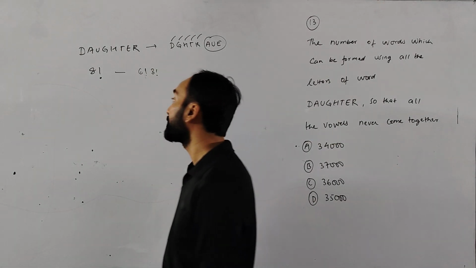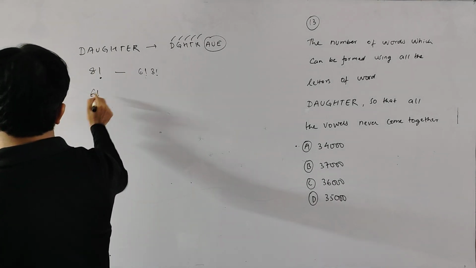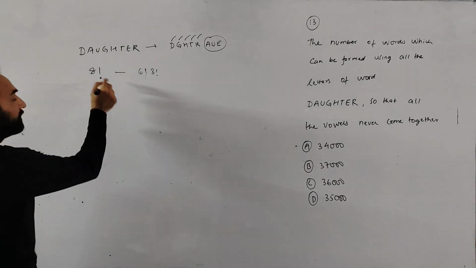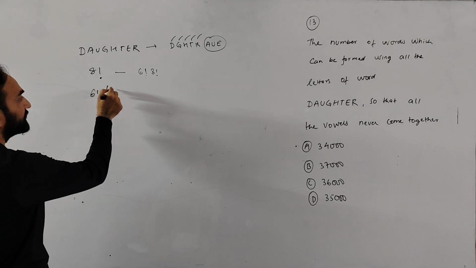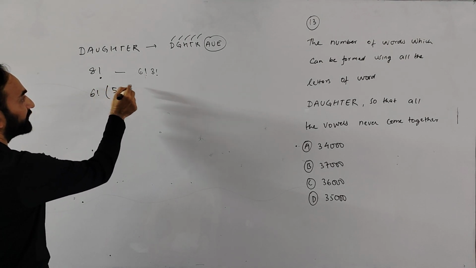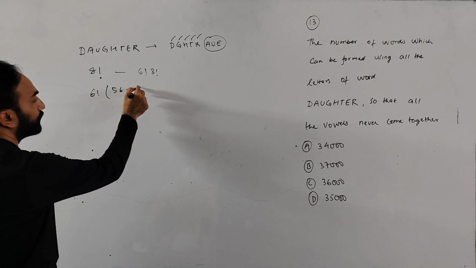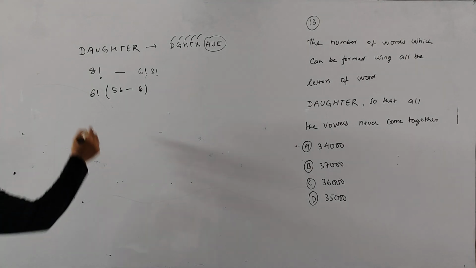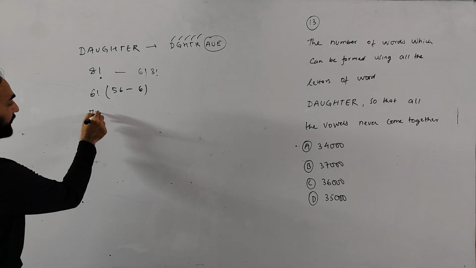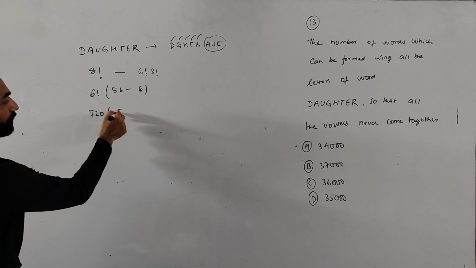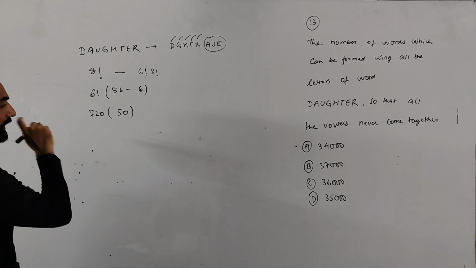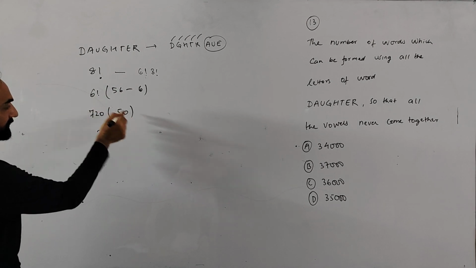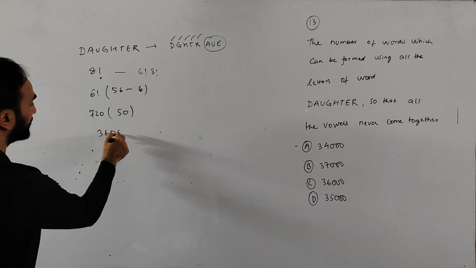Now we will solve it. If I take 6 factorial common, from here I will get 7 into 8. 7 into 8 is 56, and here 3 factorial is 6, so this will come as 50 into 6 factorial. 6 factorial is 720, so 720 into 50 is 36,000.